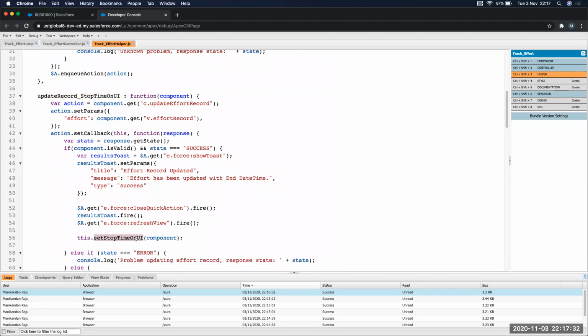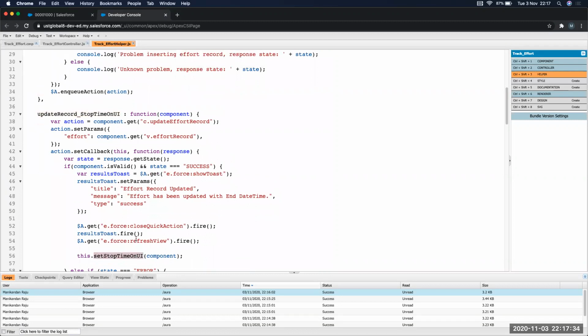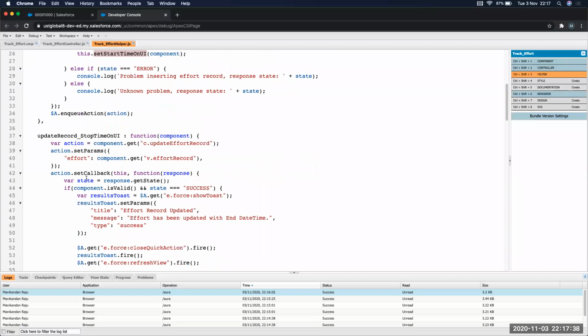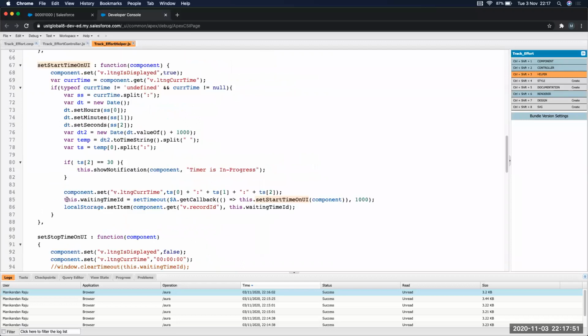I'll go through this function, start. I have used a timeout and captured that against the waiting time ID.